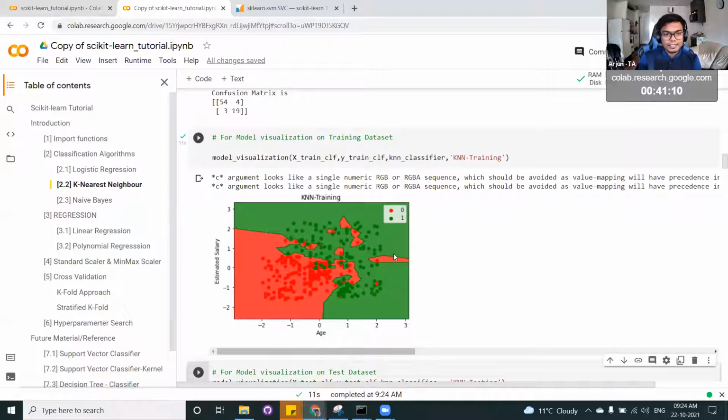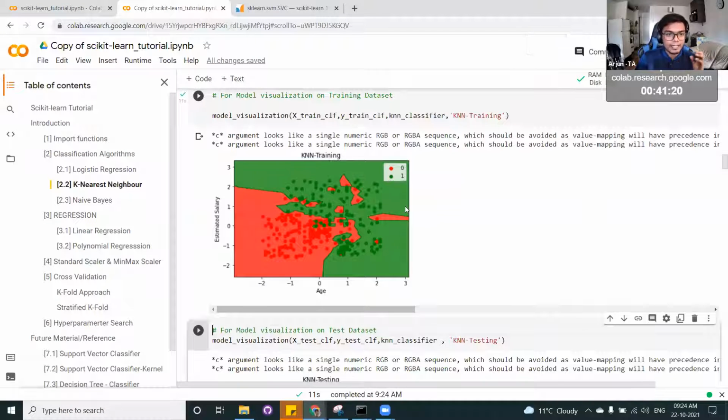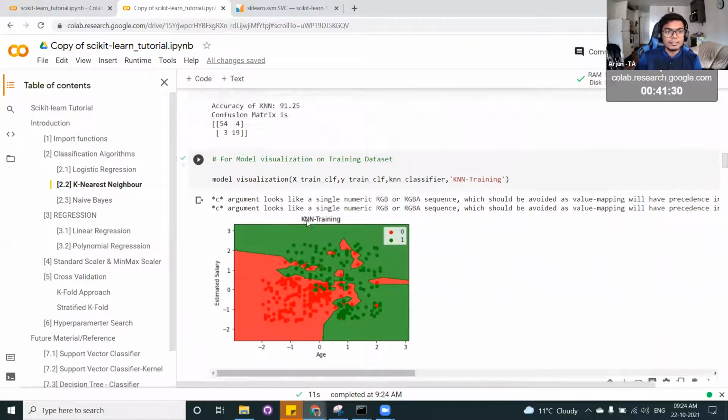Yeah, obviously overfitting. You can see how the decision boundary changes here. Even if there are only 2 red points here, or 1 red point, you can see a decision boundary forming here, and even if there is 1 point, it is considering that as a point.